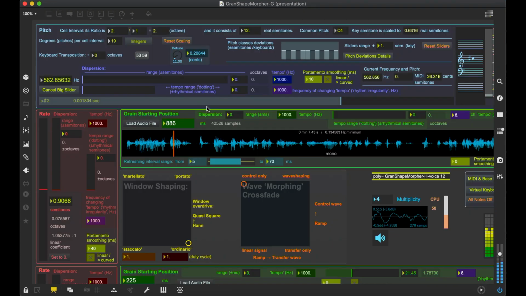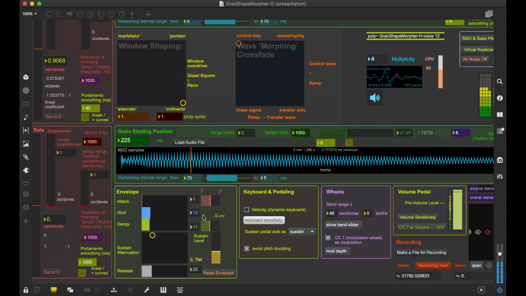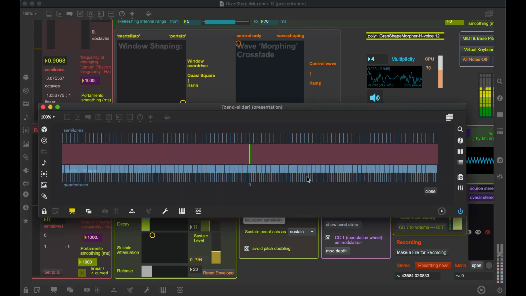I created the synthesizer using my standard synthesizer framework patch, which I called MMM. It provides a sort of wrapper, making possible MIDI control, polyphony, microtonality, envelopes, pedaling, including volume pedal, and different kinds of wheels. For example, here you can see the bar for the pitch bend wheel, which is tuned now for ±4 octaves.